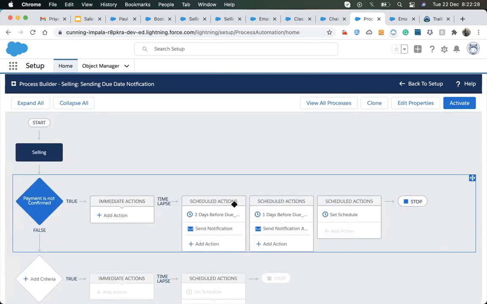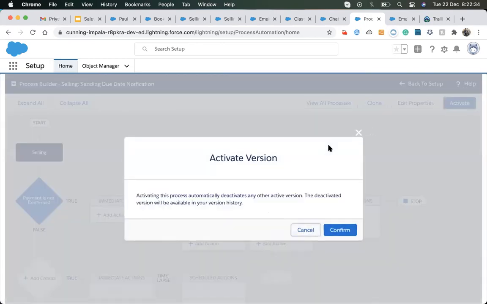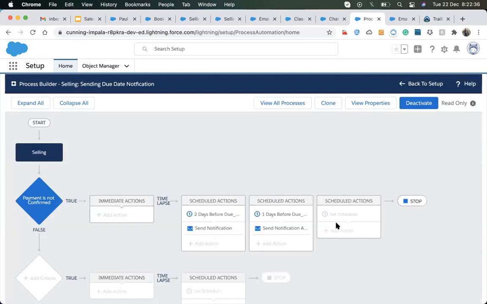Yeah. Similarly, we can add scheduled actions, no issue in that. So in this way, we can schedule an action just like in the workflow. We can schedule the action in a similar way on the basis of some date time field.